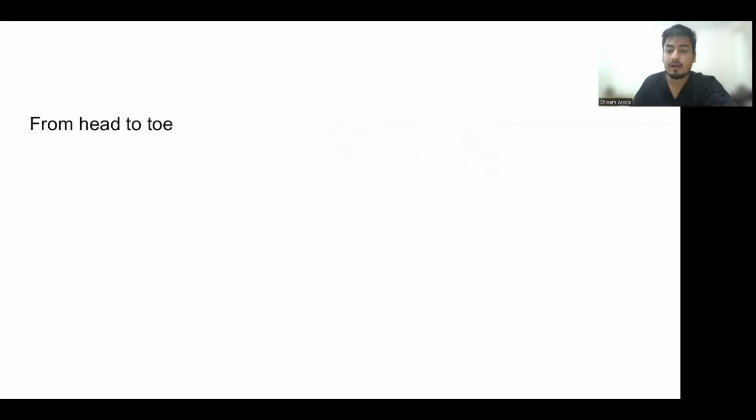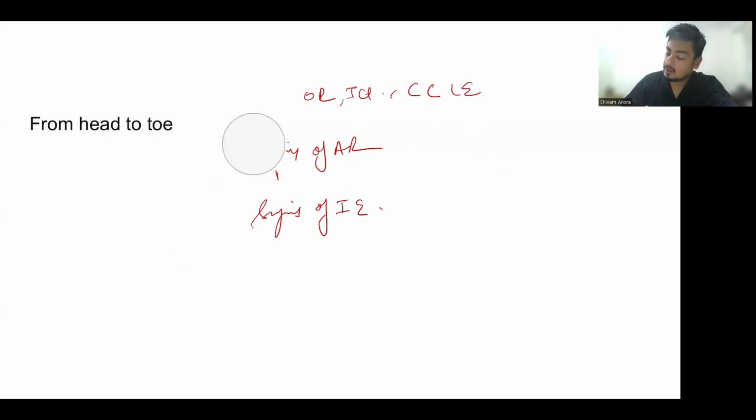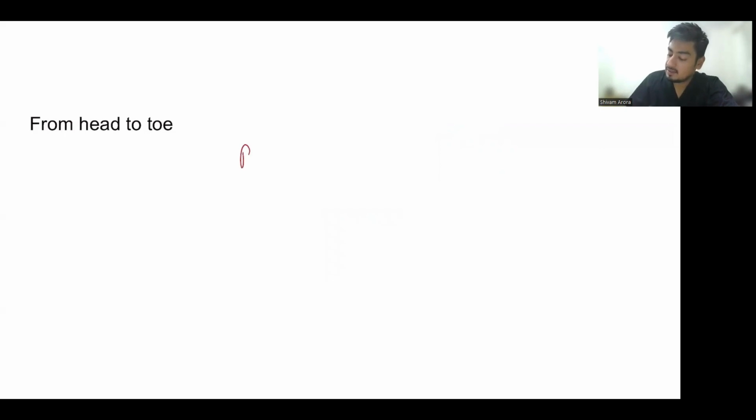Now, another part of general physical examination has to be done head to toe. Okay. So apart from pallor, we'll look for signs of AR and signs of IE. Okay. Apart from pallor, icterus, cyanosis, clubbing, lymphadenopathy, and edema. So first we'll see these. Why pallor is important in cardiovascular examination is that anemia can itself cause